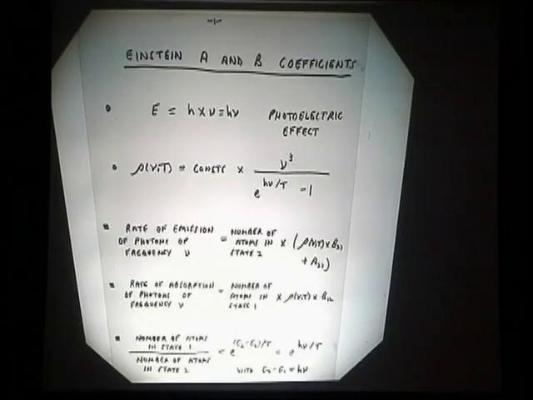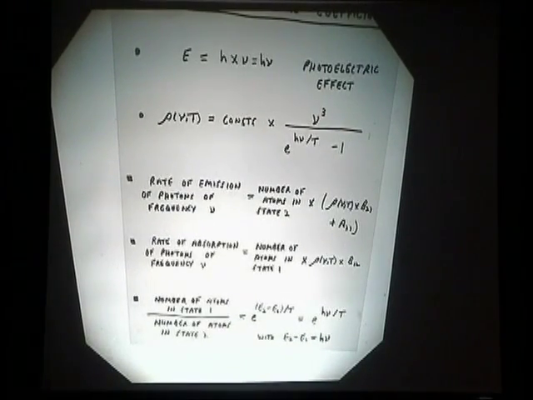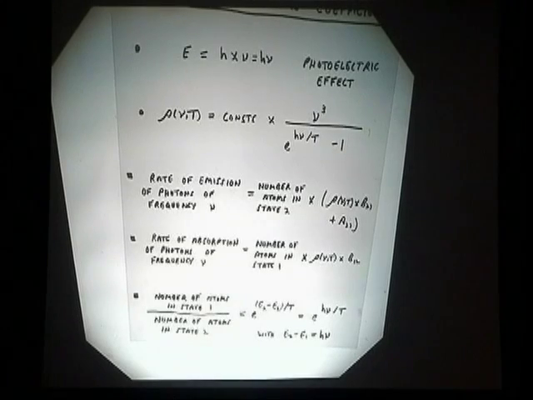From just the laws of statistical mechanics, Einstein knew that the number of atoms in the lower energy state divided by the number of atoms in the upper energy state is the exponential of the difference in the energies divided by the temperature. Or if the difference in energies matches h nu, it's e to the h nu over T. This is just Maxwell-Boltzmann statistics. And the thing that you'll notice, and that Einstein undoubtedly noticed, is that this exponential is exactly the same as the one in Planck's formula.